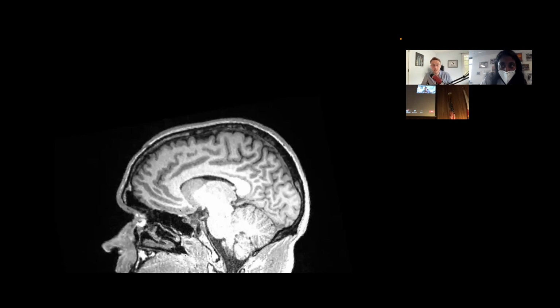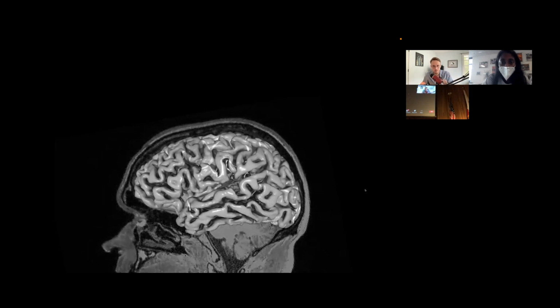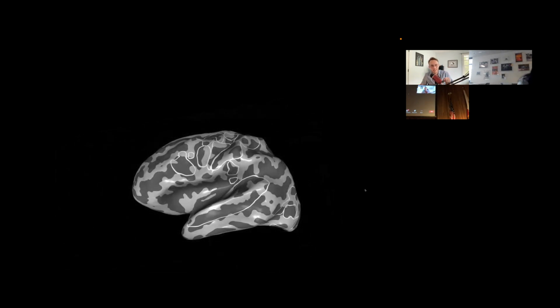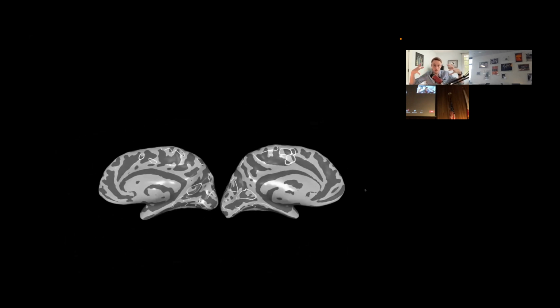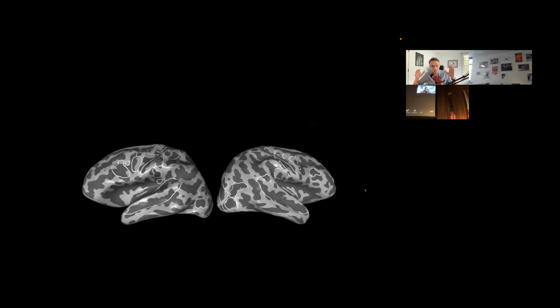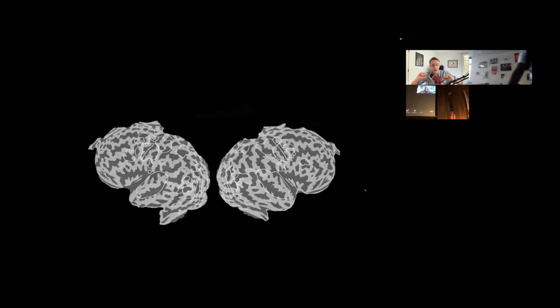It's a thin sheet of neural tissue where more or less all of the interesting stuff in the brain happens. That might make some people mad, but I'll stick to it. So it's where a lot of the computation that makes us human takes place. Since it's a thin sheet, it's kind of weird to look at it in 3D. So what we do is we turn it into a 3D model so that we can look at it more nicely. We can extract the cortical surface, we can inflate it out so that we can see down in these crinkles, we can make relaxation cuts into the surface, and then we can flatten the whole